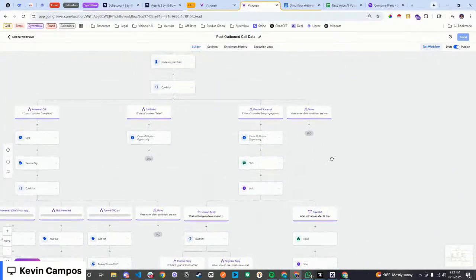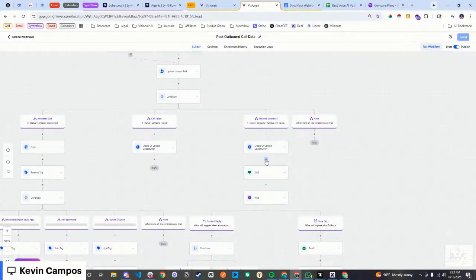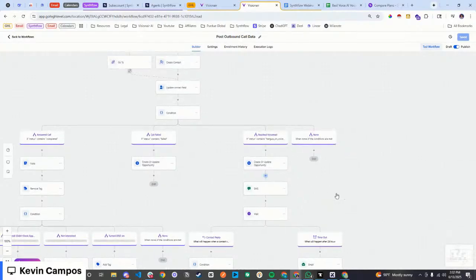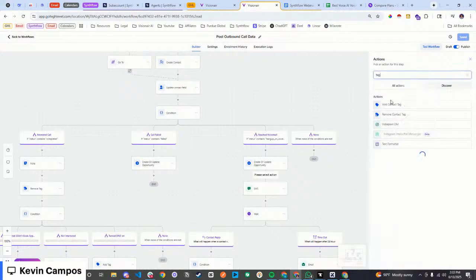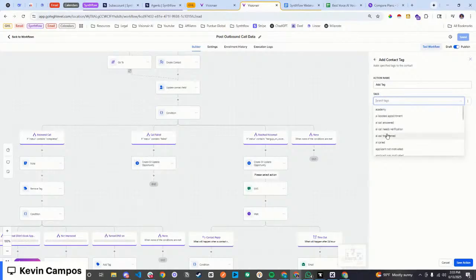Now, we obviously don't want this running over and over again every single time somebody reaches voicemail. That's going to be a hassle. So what we're going to do is add a tag, right? And this tag is going to say SMS, email, voicemail activated.